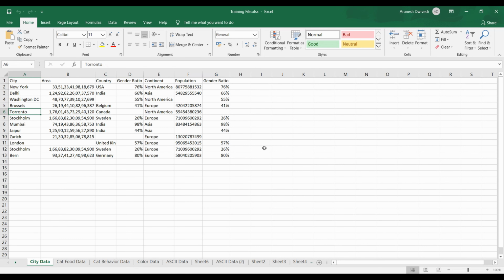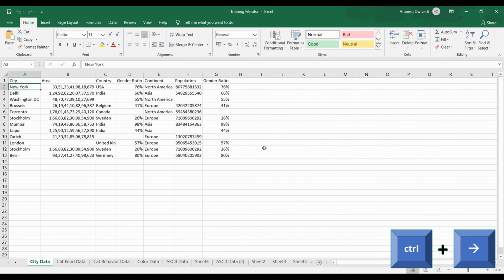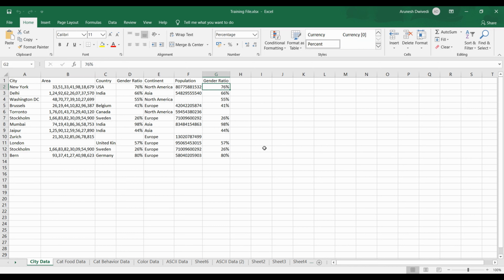But what if there is a lot of data in the rows and columns? You cannot just keep pressing the right arrow key to reach the end of your row. You want to just see the data in the last column. So the best way to do it is you press Control and right arrow key. When you press Control and right arrow key, you will navigate till the point there is no break in your row. That means that all the cells till that point are filled with some kind of data.